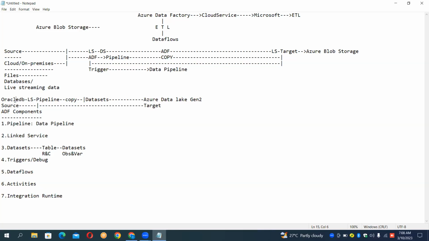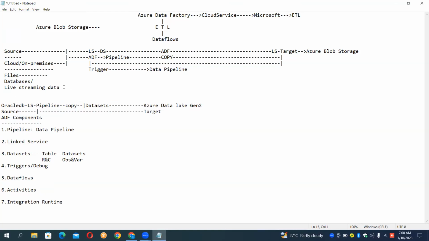On-premises. Very good. That is on-premises. So whenever you require, can you see here? On-premises, that is called as what? On-premises. So whenever you wanted to copy the data from an on-premises to cloud environment,